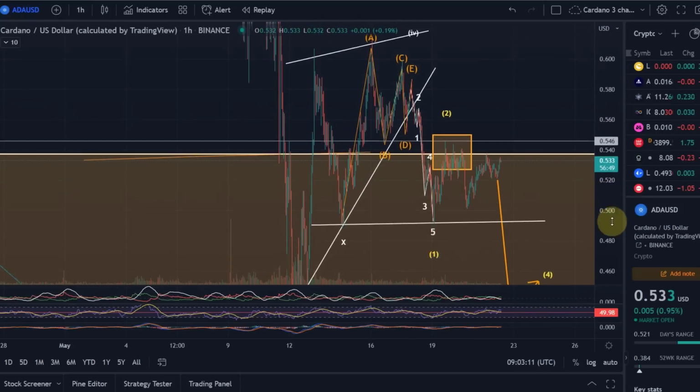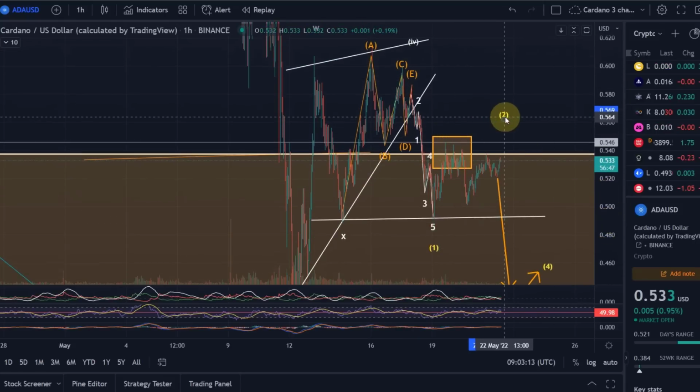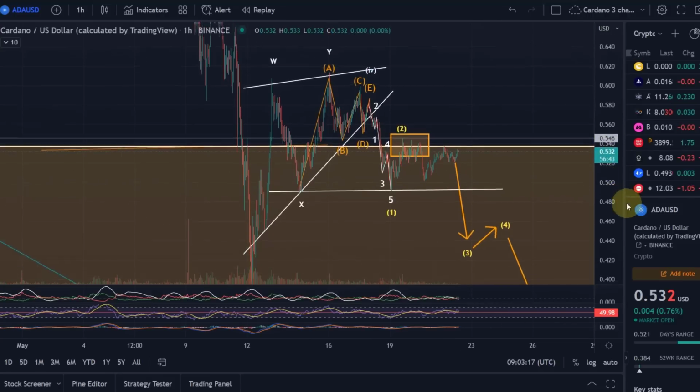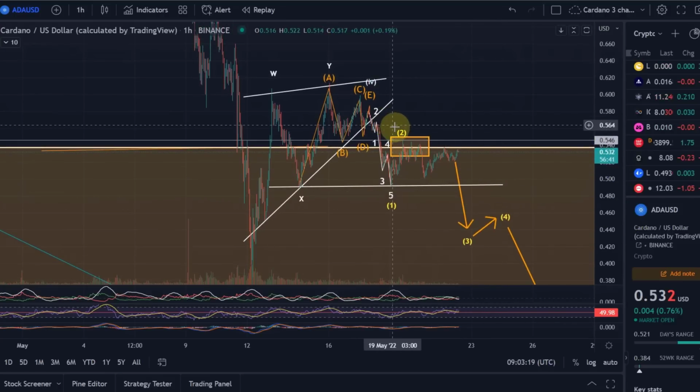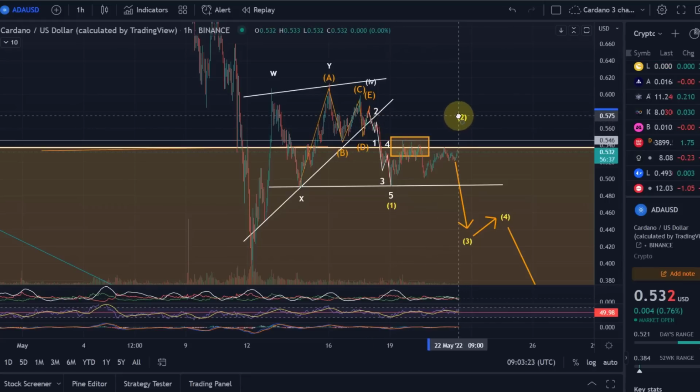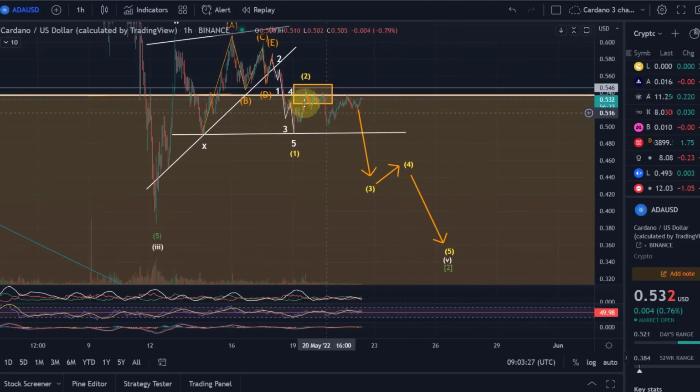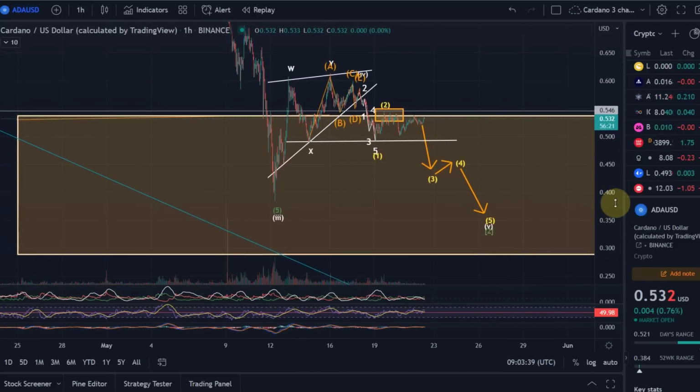Then we will need to think about, do we have to move the wave 2 to here? So again, it won't change anything in the overall wave count, and it will not be bullish. It will just invalidate the immediate wave count. It might be a little bit more of an extended wave 2 then. So after that is complete, maybe it's already complete, maybe it will be completed up here, then we will start a wave 3 down, a wave 4 up, and a wave 5 down. This is how I currently see the market.